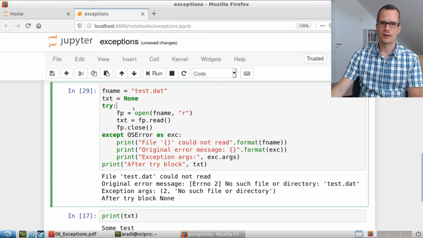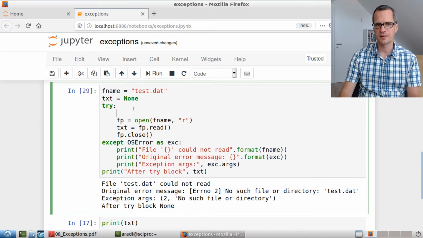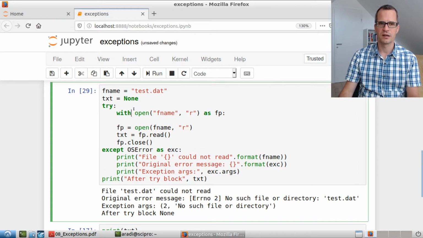Good. And last but not least, let's try the with construct with the context manager, because this is also a nice thing, and we can spare the closing of the file explicitly. So just to demonstrate it, at the end with open fname, and we will have the read flag as fp. So basically we are creating a context manager block. What does it mean? It means that whatever happens here